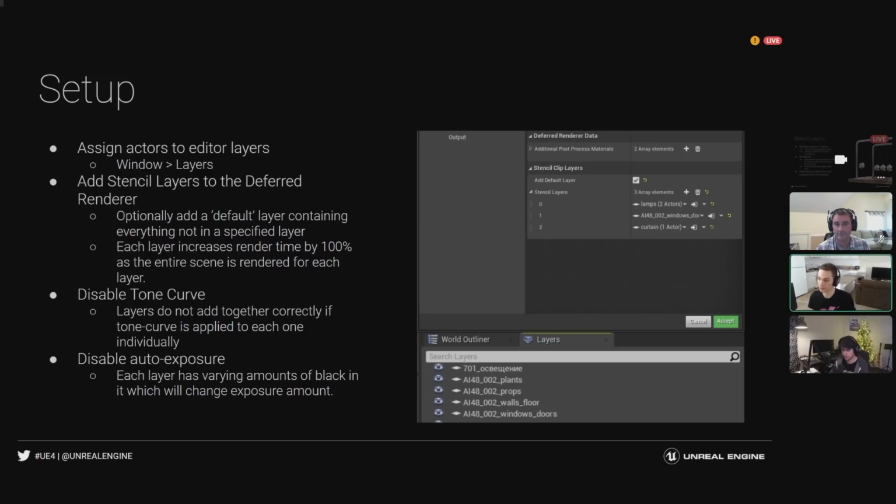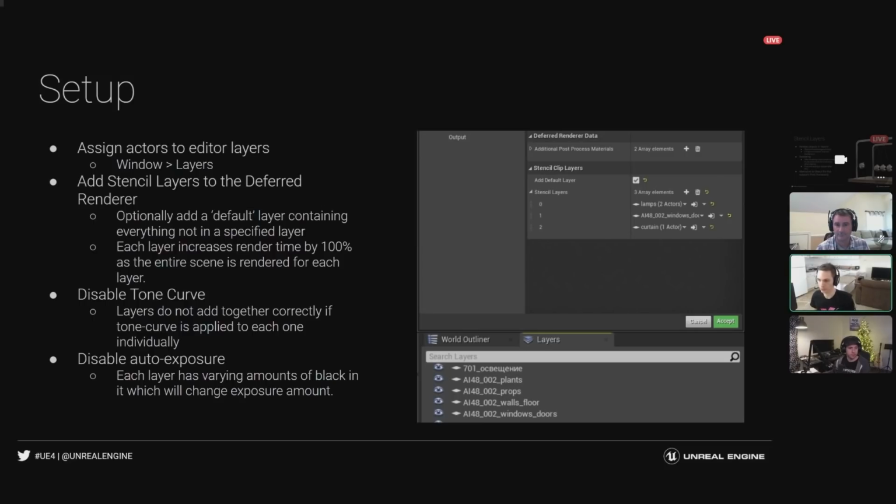One thing we have added is a default layer, which you can optionally enable. What this does is it takes any actor that is not in one of the specified layers and puts it in a default background layer. This is useful if you want to just cut out 2 or 3 objects. You put them on a layer, you toss the layer in, and then you render everything else without having to make sure you've added everything to the background layer, because that's a really easy way to accidentally add a prop, forget to put it in the background layer, and suddenly it's not showing up in your render, so you're confused. So now you can just use add default layer, and it'll manage that automatically. Anything that is not in one of the specified layers will be shown in that layer.